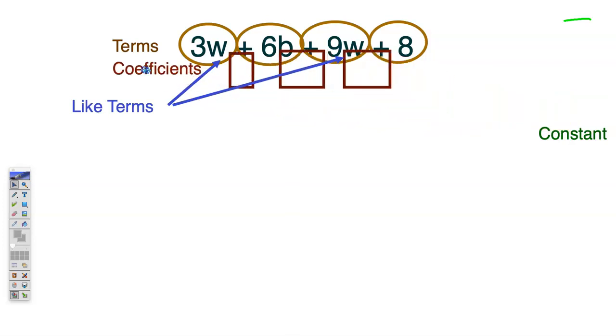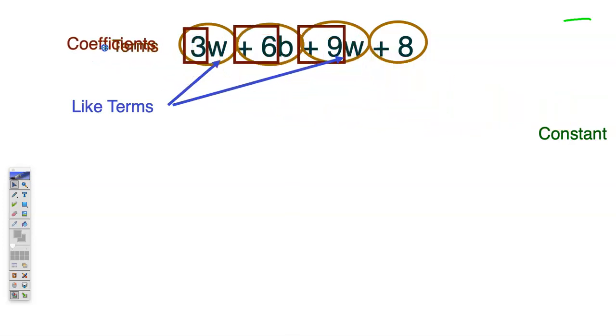Coefficients, so we're just looking at terminology here. So the maroon colored boxes are around our coefficients. Our coefficients are our values that are sitting right outside each of our variables. So 3, 6, and 9 are what we call coefficients. 8 is not a coefficient because it